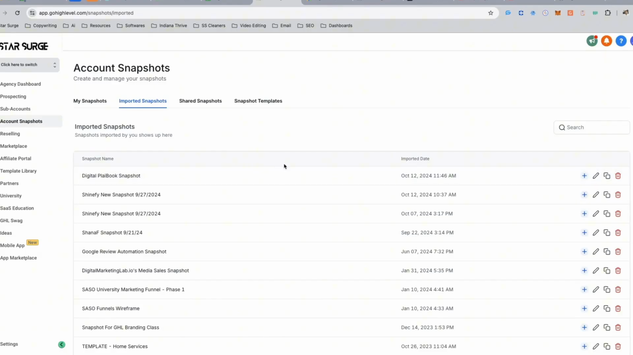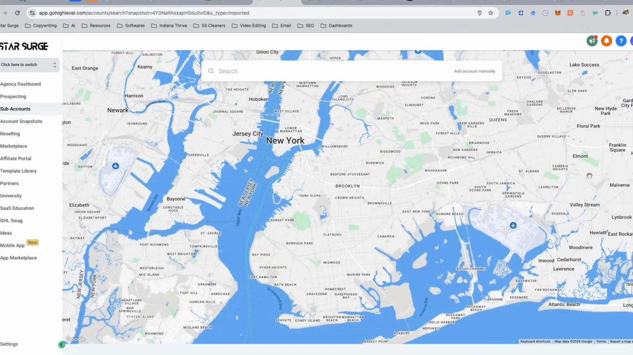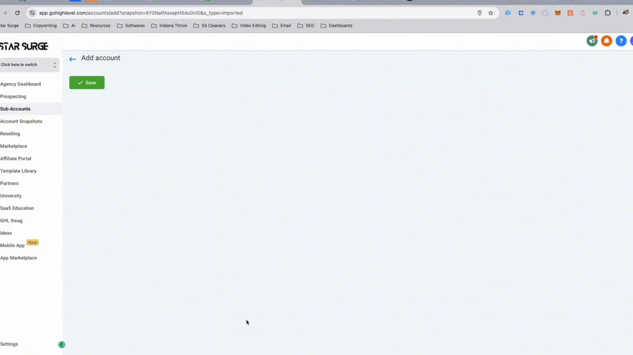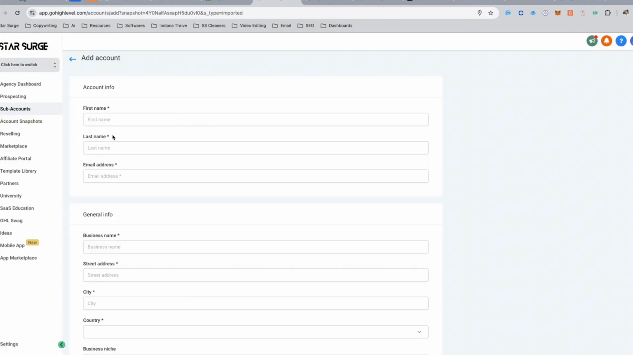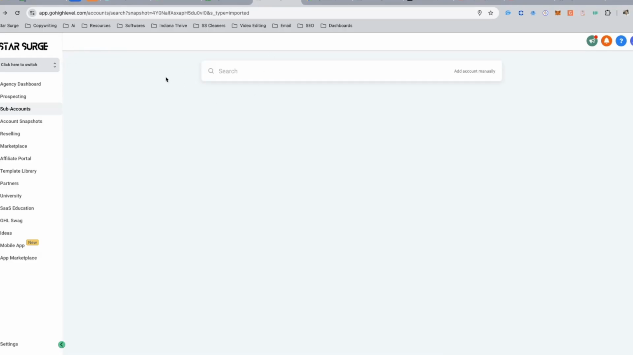You're going to go with Digital Playbook snapshot. Hit create a new account. You want to go to account manually, and then it's going to tell you to put in your name, all this stuff. You don't need to do this. You don't need to do this starting off. Just put in AAA or whatever. And then once you do all that, you will get taken to